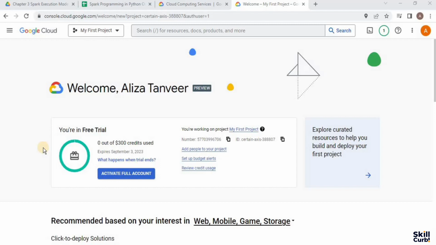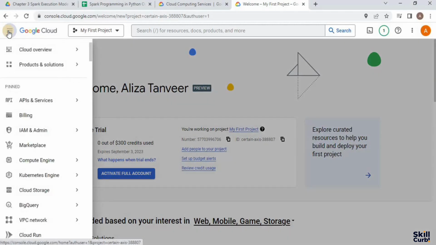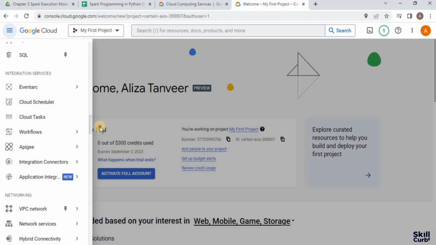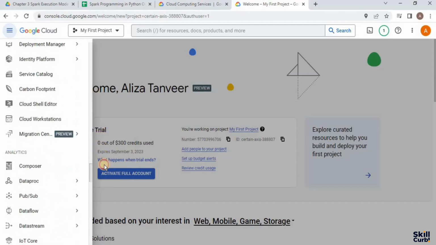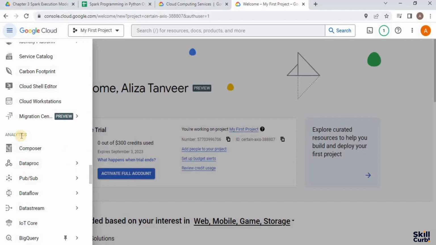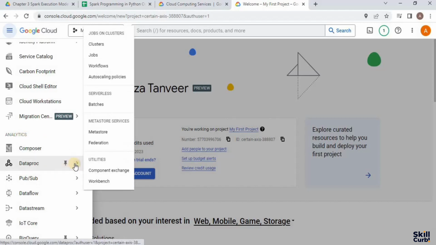Once you have a GCP account, go to your console homepage and you will see a dashboard similar to this. Click on the GCP menu and select Dataproc. Dataproc will be present inside the analytics part of the menu. Scroll down a bit and once you move into analytics, select Dataproc and then select clusters to create a Dataproc